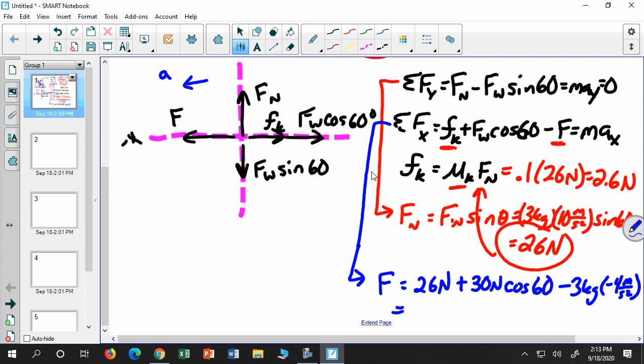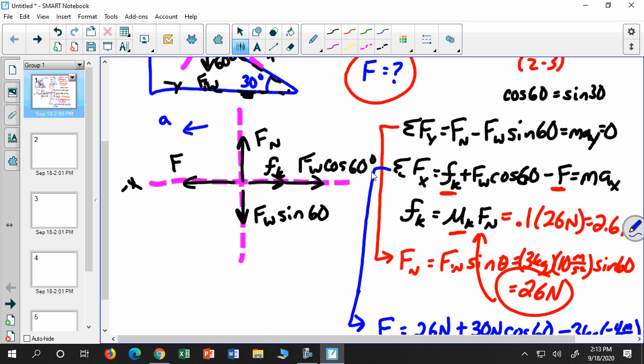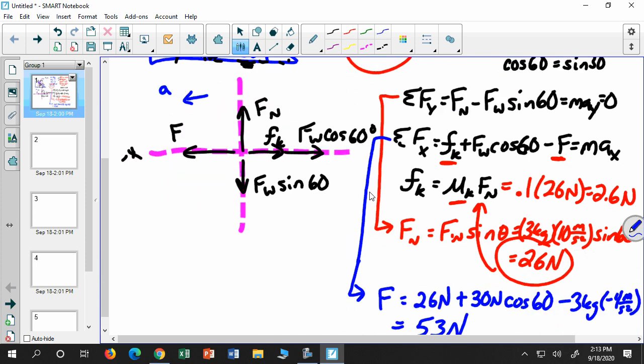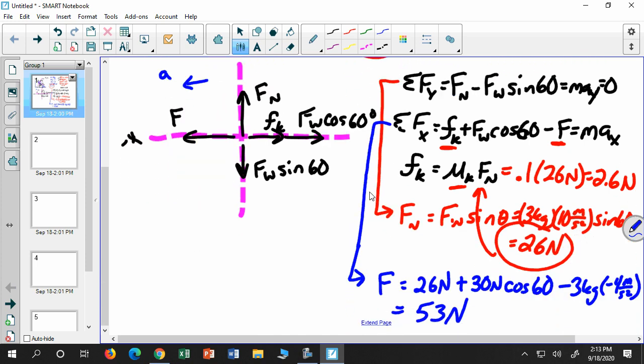I get 53 newtons. And that's the force that's required to make this thing go up at 4 meters per second squared. I know that seems like a complicated problem. There are lots of different pieces that go into it, but on your exam you would have that probably as